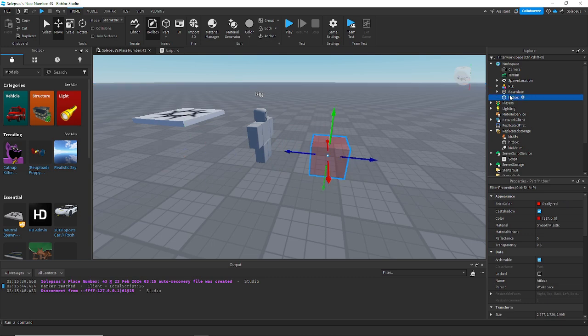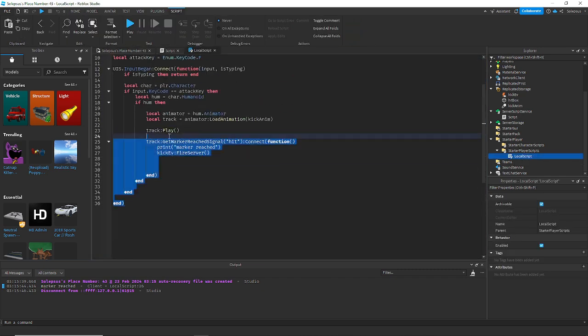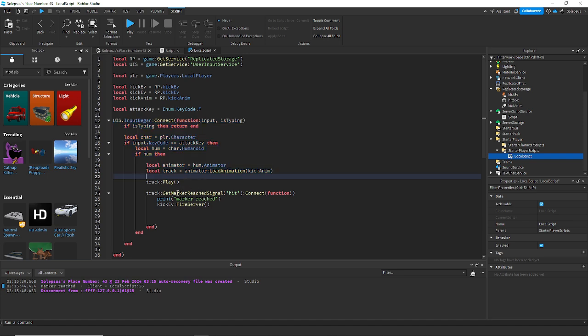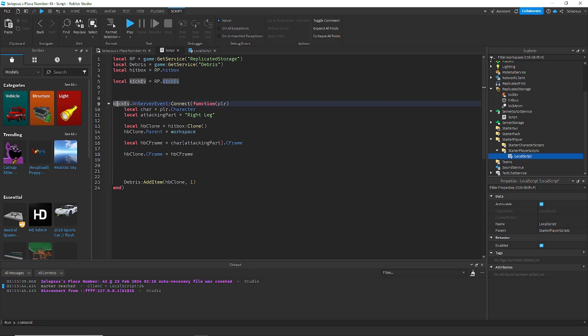And here we have the hitbox, and then the script where it plays the animation when you press a key, and then we have a marker as well. If you have any questions, just drop them in the comments because I don't want to explain all of this. But here we go. We have a kick event that fires the server, and then the server, when the event is